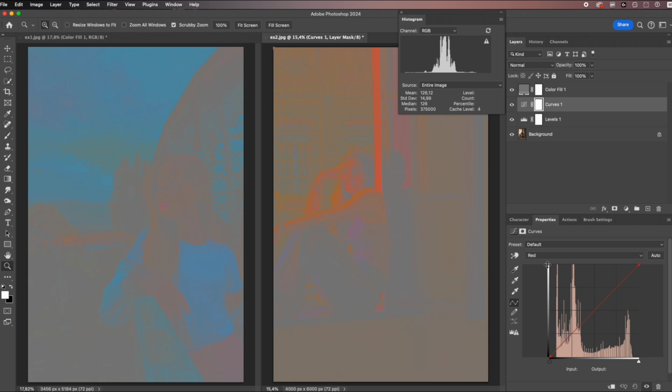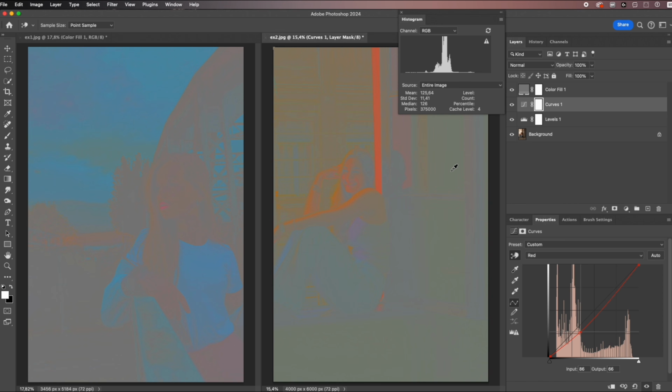Select the red channel, then enable the hand icon, the on-image adjustment tool. At this point, your cursor becomes a direct sampling tool on the image itself. You can simply click and drag up or down on the area you want to adjust. For example here, to reduce the red tones and push the image slightly towards cyan, I'll gently pull the red